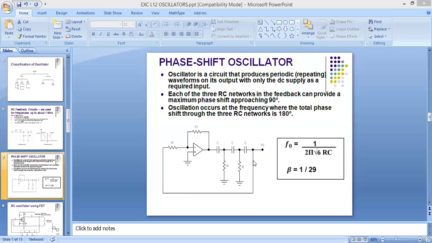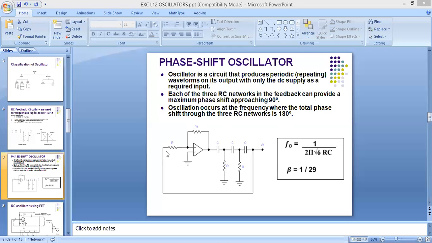And we are using here 3 RC network because one RC network is giving us 60 degree phase shift. I have written here that it is approximately 90 degree, but that is not exactly 90. यदि हम 3 की जगह यहाँ पे 2 RC नेटवर्क यूज करोगे तो वो 180 डिग्री से कम रहेगा. So we are using here 3 RC network to make that phase shift around 180 degree.